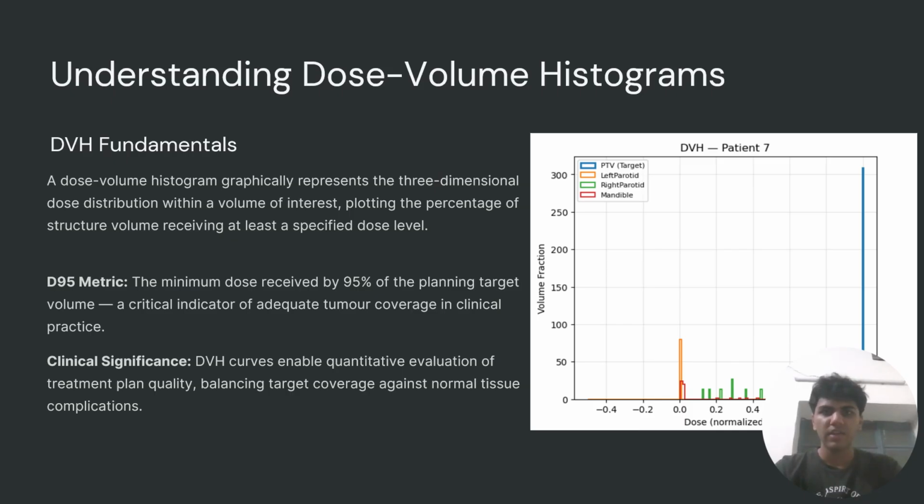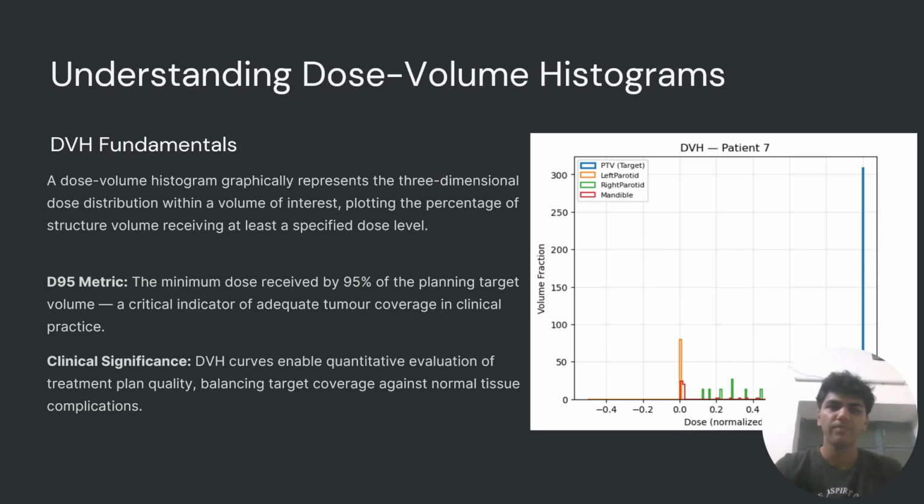Now on this slide we are looking at a core clinical evaluation tool, the dose volume histogram, or the DVH. The DVH is essentially a summary of the 3D radiation dose distribution within a structure, condensed into a 2D curve. It plots the percentage of a structure's volume that receives at least a certain dose level. This makes it extremely useful for comparing how well a plan covers the tumor while sparing normal tissue. The key metric derived from the DVH is the D95. Clinically, a high D95 indicates that nearly the entire tumor is receiving the prescribed therapeutic dose, which is essential for